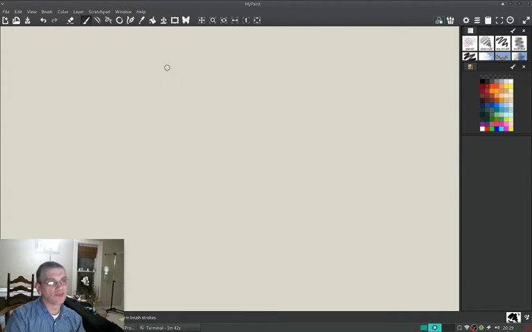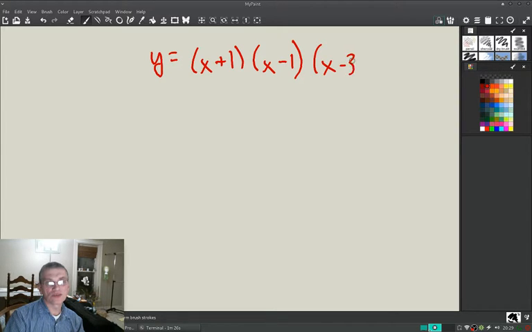Let's see. Let's come up with something fun. Y equals x plus 1, x minus 1, x minus 3 squared. Alright, so here's a polynomial. It's a pretty big one. You're going to have an x squared times an x times an x. So this is going to be an x to the 4th polynomial. What's the coefficient on all those x's? These all have 1 as a coefficient. This one does get squared, so if it had a 2, it would end up being a 4. But the coefficient is 1, so